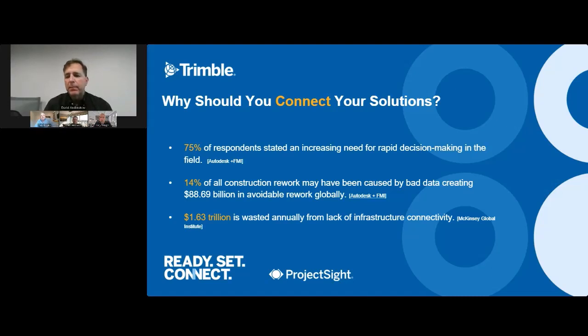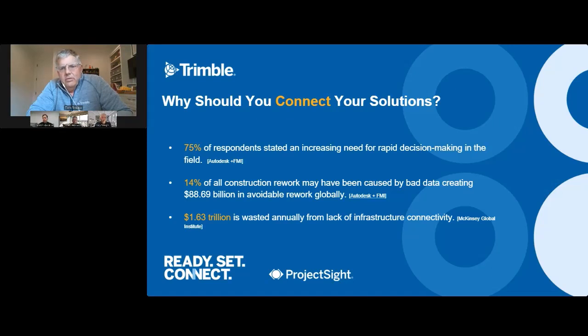Yeah, and I think that getting the right data to the right people at the right time is an important theme that I hear from a lot of my customers. I also hear that it's from the right source as well. And Chris, I don't know, what do you think on that?